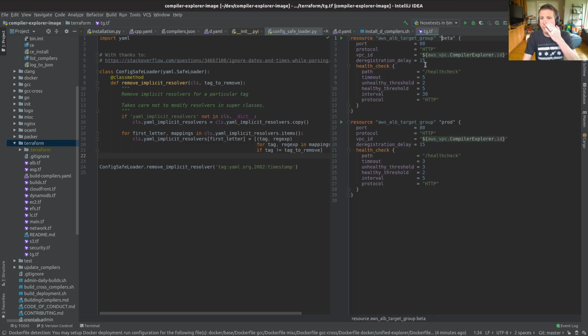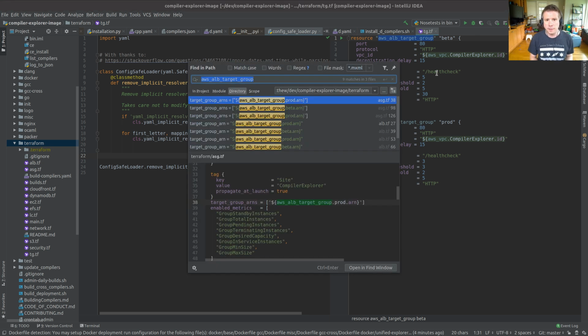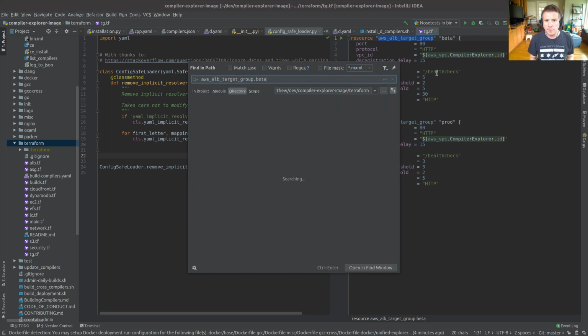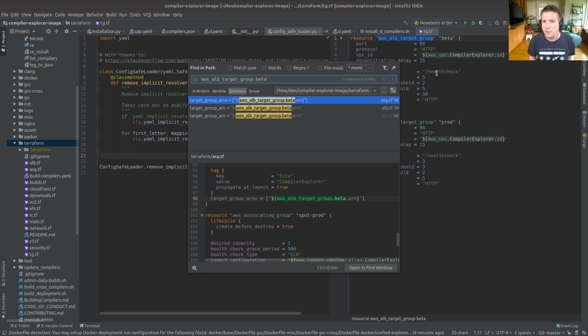So for example, these are the 2 target groups. This is how those things are configured, and I have a beta and a prod set up, and so I should be able to find another reference to this particular resource which says, hey, under these circumstances route traffic to that. And then having found that, let's do that .beta. There it is: target group ARNs, application load balancer, and the auto scaling group. All right, that makes some sense to me.